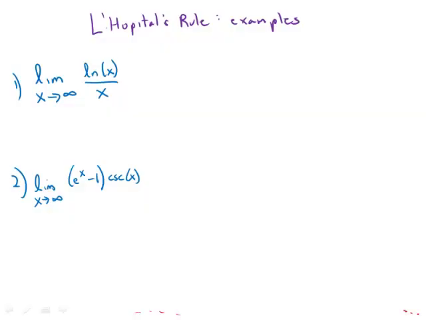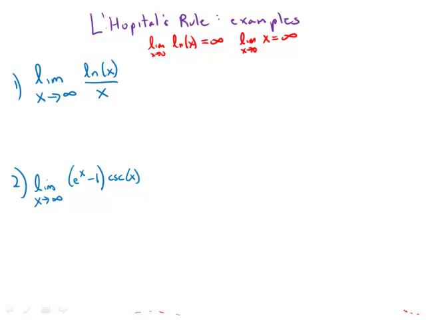Here are some examples of L'Hopital's rule. For example, number 1, the limit as x goes to infinity of log x over x. Notice that if we just try to take the limit individually, the limit as x goes to infinity of log x is infinity, and the limit as x goes to infinity of just x is also infinity. So what we have here is an infinity over infinity ratio, which is indeterminate, which means we are allowed to